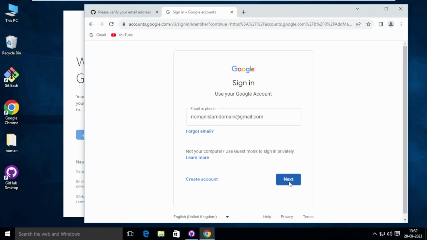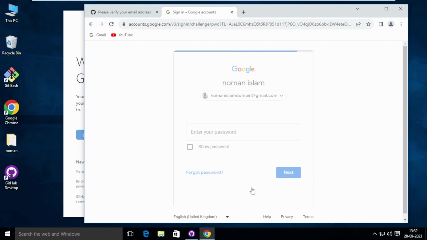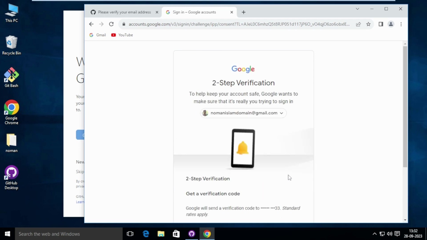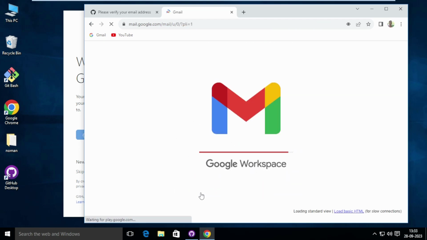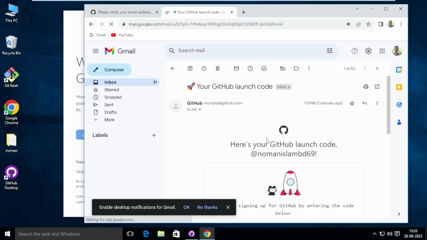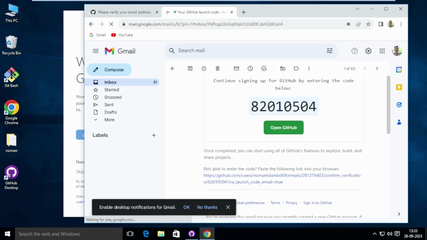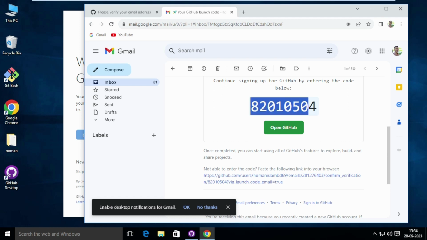Next. You can copy your GitHub verification code